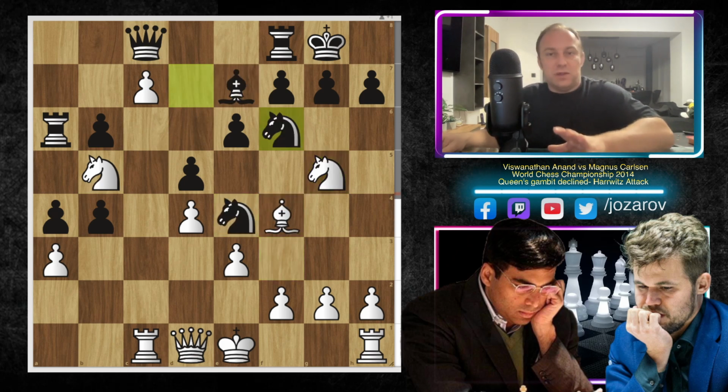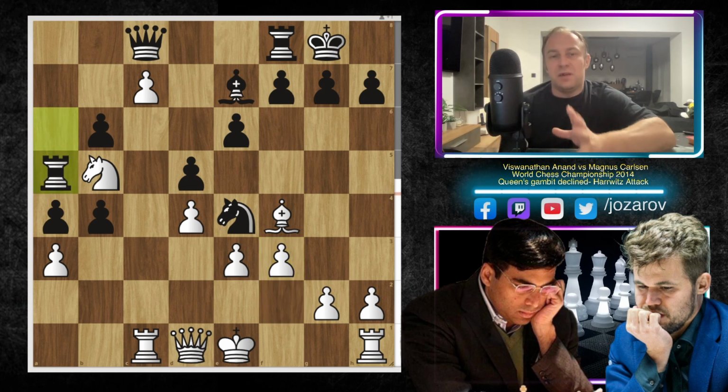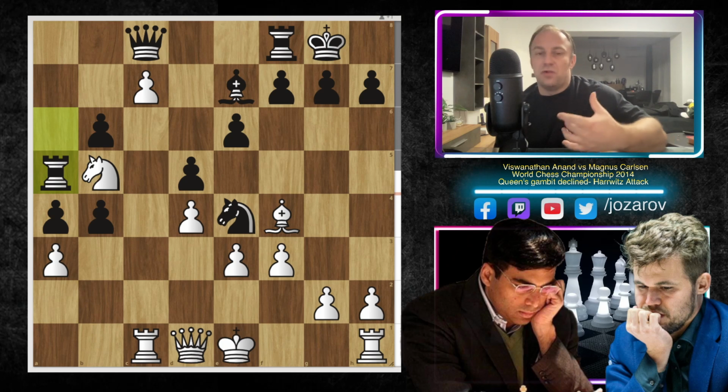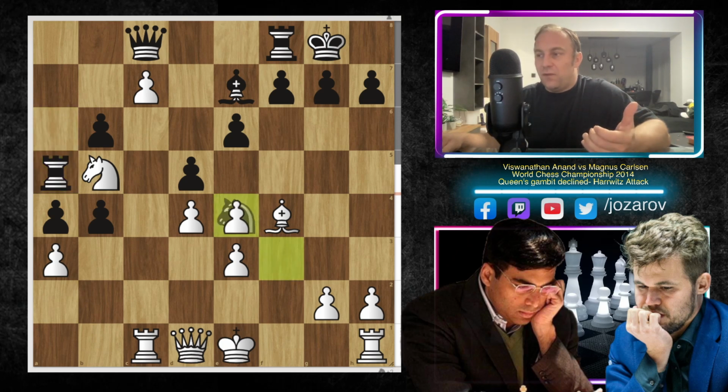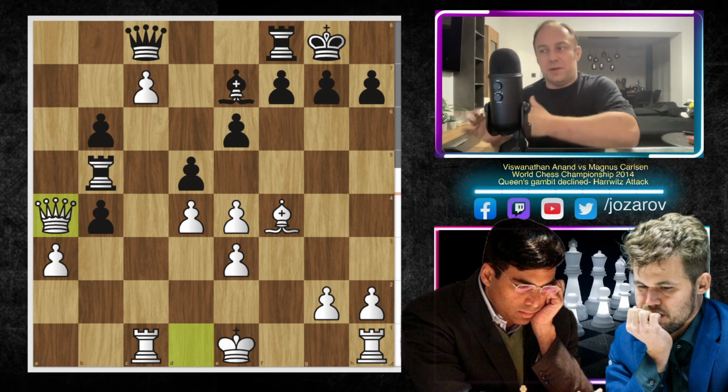Here Magnus of course didn't fall for this. He played knight to f6. We have knight to e4, knight takes e4, and now f3, kicking away the knight, and now rook to a5. And here it was, I think, maybe even the first inaccuracy by Magnus. He played a counterattack, but he should have played this counterattack in a different way. You see now after move rook to a5, we have this continuation: f takes e4, rook takes b5, and now queen to a4 was played by Vishy Anand, and now Vishy grabbed another pawn.